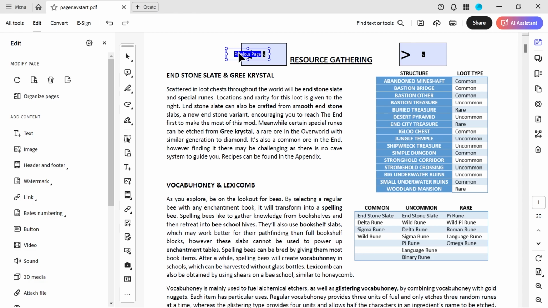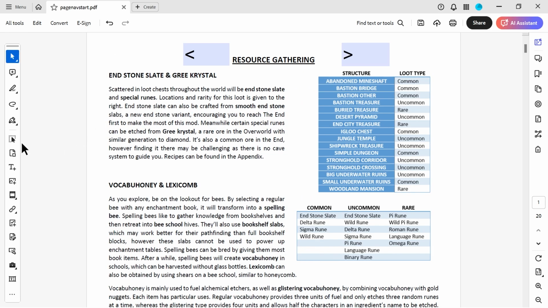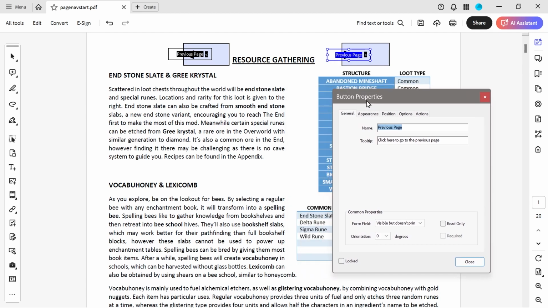I didn't show that previously with the text field. You could have done that with the text field as well. So to duplicate the button, again, we need to make sure we've got our object selection here. We'll click over in this section, hold down Control, and move it over to this side. We'll do it again, a little bit like that. And you can actually double click and it will open up. You don't need to do a right click menu on that. All right, so this one is going to be called next page,